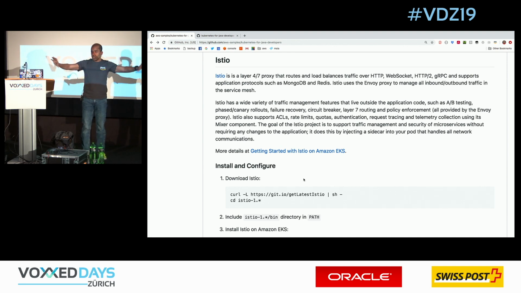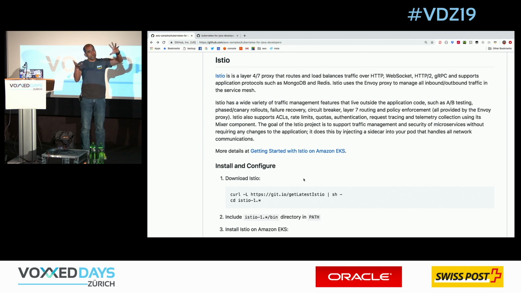Now, think about your application running hundreds of microservices with thousands of containers running across. So thousands of application containers means thousands of sidecar containers. Think of that as a service mesh data plane. You need something on top of it as a service mesh control plane, which can tell these data plane pods or containers which service is allowed to talk to which service, and how much traffic you should be getting and things like that.